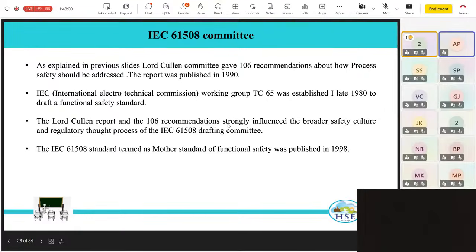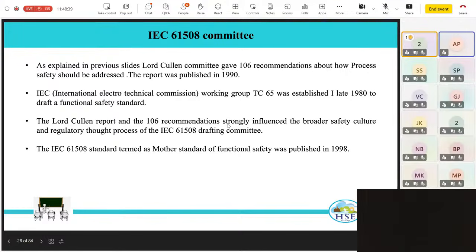This also set up a working group called TC65, which was established in the late 1980s, and a draft functional safety standard was under preparation. The Lord Cullen report became very handy for this committee, TC65, and they adopted the 106 recommendations as they are. Okay. They strongly influenced the broader safety culture and the regulatory thought process of the IEC